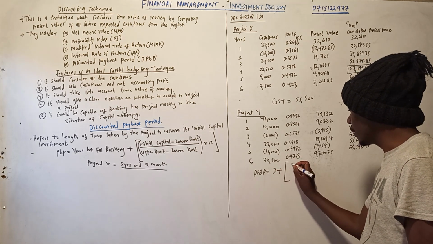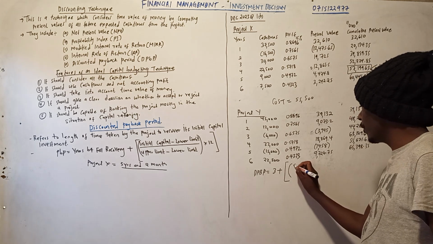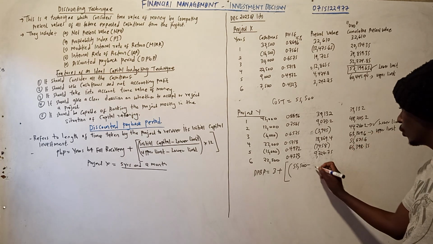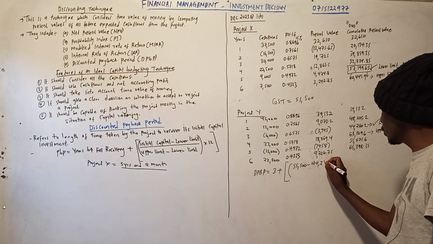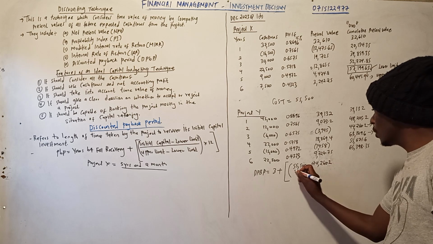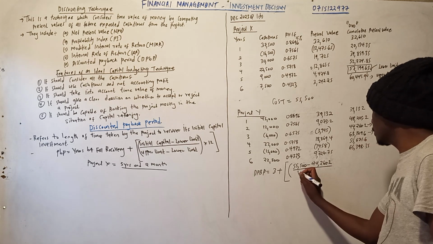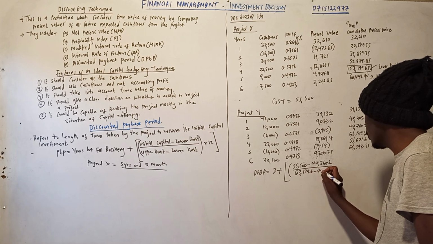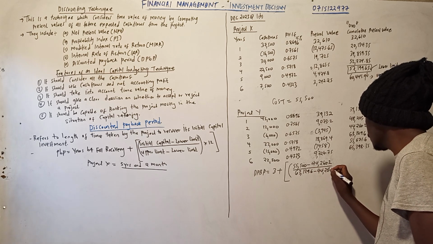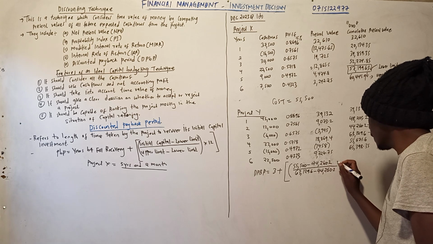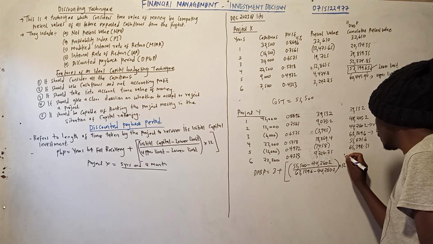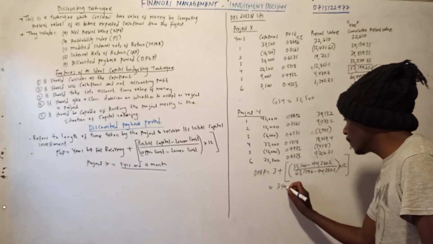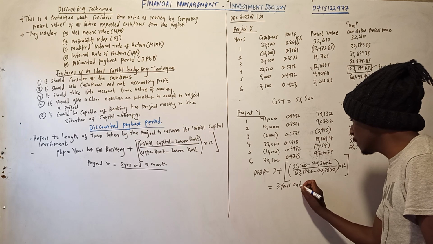Now we need to do our working here. So the cost is 55,500. We raise the lower limit, which is 44,260.2, over the upper limit, which is 63,129.6 minus 44,260.2. What you get, multiply with the 12. So we shall get our payback period. So it's going to be 3 years and